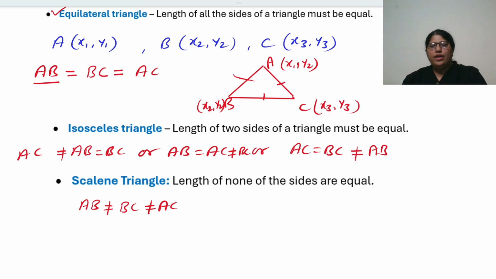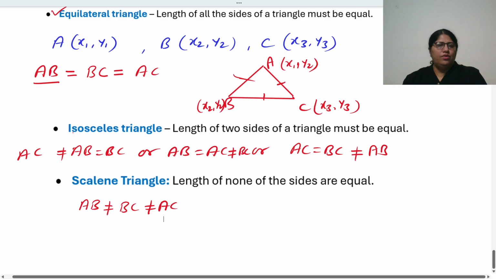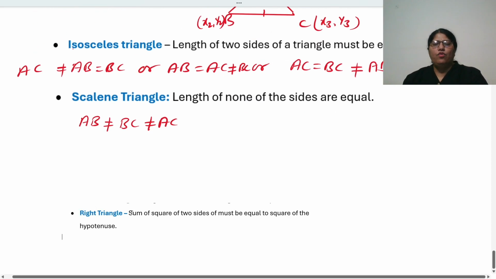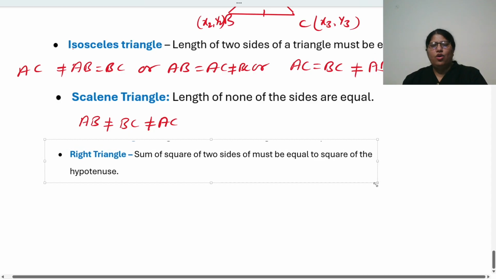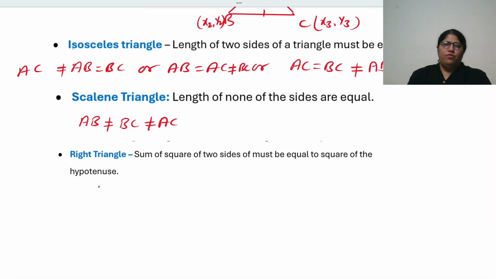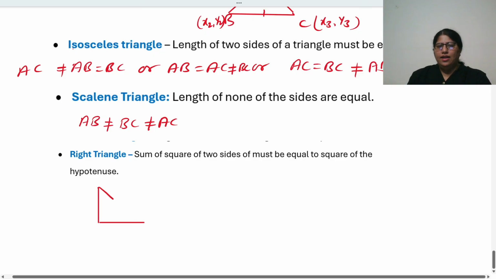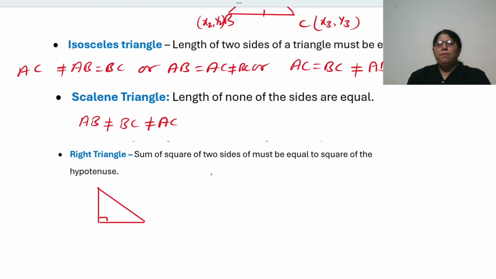Now, how are you going to check the given coordinates? How do you check that three coordinates are of a right triangle? Same thing, you are going to find out the lengths of the sides. But for a right triangle, what should it be? I should have a 90 degree angle. Now I can't measure the angle, I'll be getting only the lengths. So what are you going to use here? It can be anything, A, B, C, anything. But if our Pythagoras theorem is true,